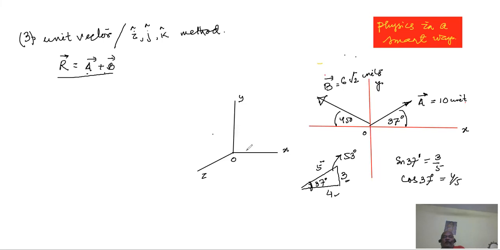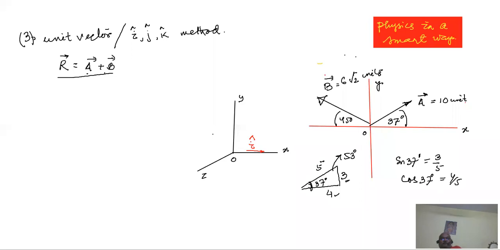A vector of magnitude 1, mind it, magnitude 1, along positive x-axis is denoted as I cap. Usually this symbol cap denotes a unit vector, and once you learn it, then you know its meaning. A vector, you might ask, why, sir, is it I cap? Oh, that's a convention